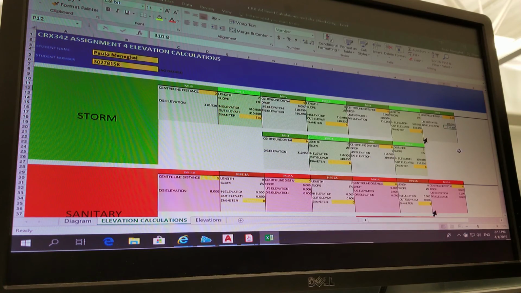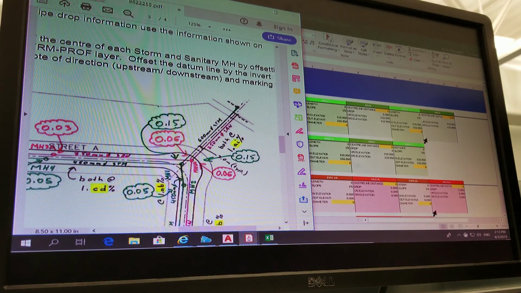The downstream elevation was provided to you. Then we need to know what is the minimum difference that I can have from that pipe to my next pipe. And based on the drops provided, it's 0.15. Later you're going to learn that these drops vary depending on the connection of the pipe. If it's a 90-degree connection, it's going to be one number. If it's a 45-degree connection, it's going to be another number. You're going to learn about those standards later. Okay? Here what is important is